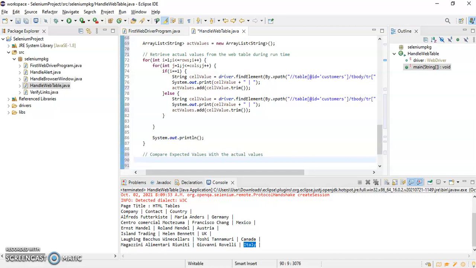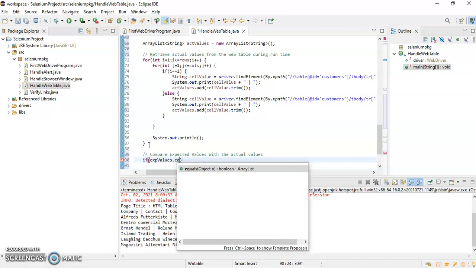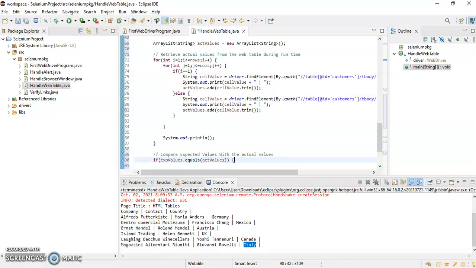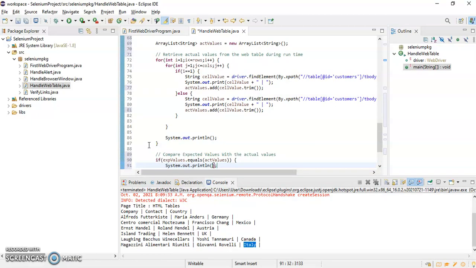So I will put one if condition: if expValues.equals(actualValues), then I can write System.out.println.